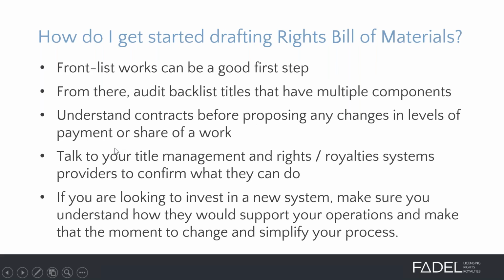And for those who have this situation, how do you get started in putting together this rights bill of materials approach? A great way to start would be to start with the front list, the books that have not yet gone out, so you at least pick up things going forward. From there, you go after your backlist, titles that have multiple components. Obviously, you pick up your highest revenue ones, or the ones that are for the most important authors, from a revenue or from any other criteria,